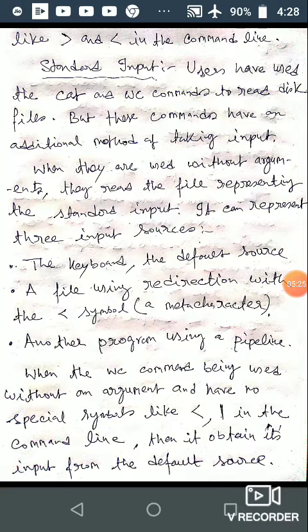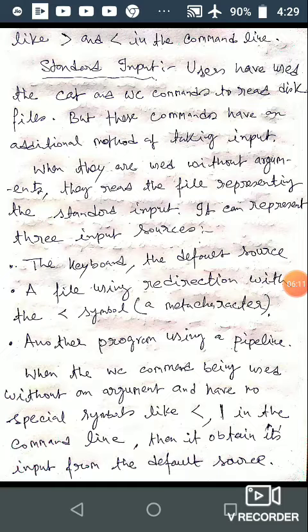Here you can see that the opening and closing arrows can be used as symbols to change the file and system device association, which means we can change the redirection. Up to here we have discussed briefly the different types of files and redirection. Now let us discuss the standard input in a bit more detail.